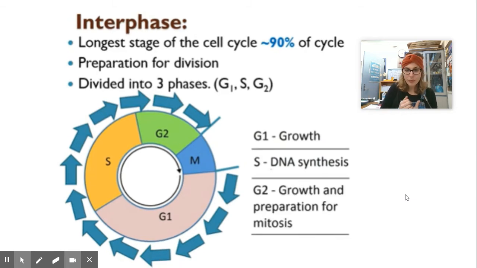Finally, we have the G2 phase. And this is when things get organized. This is when we are doing some final growth sort of stuff. We're really preparing to enter into that mitosis phase where we're going to start to actually do the splitting. So things are going to get organized. Certain organelles are going to be moving to the right places to prepare to split.